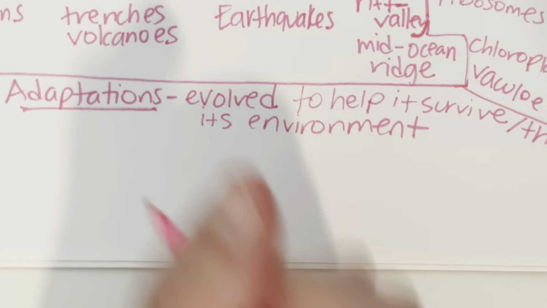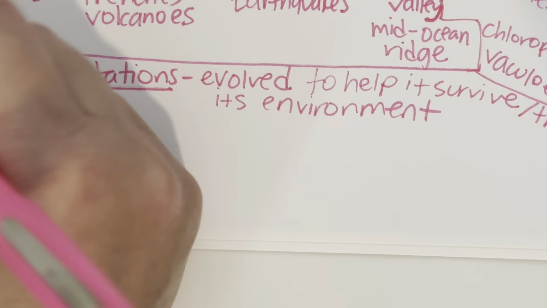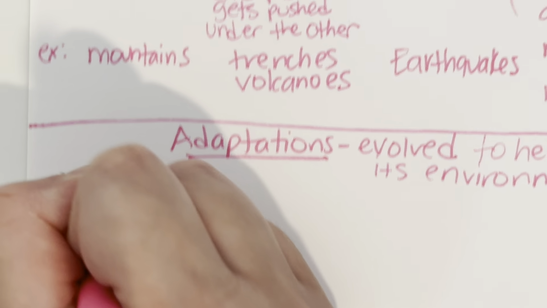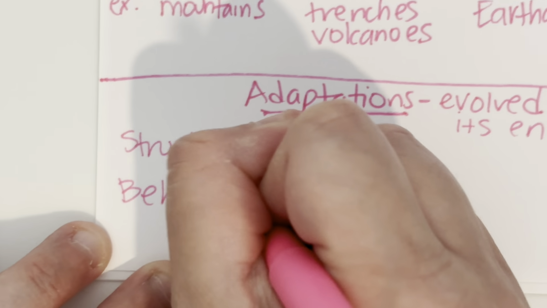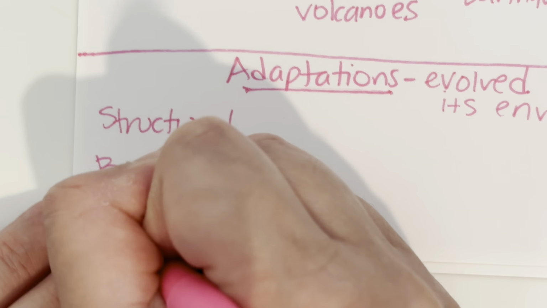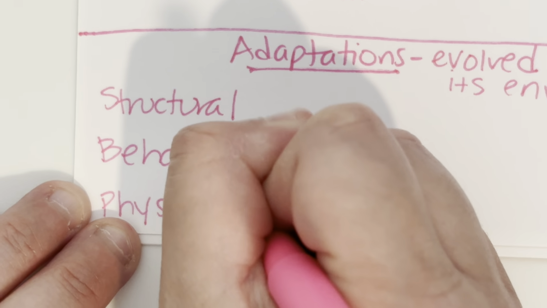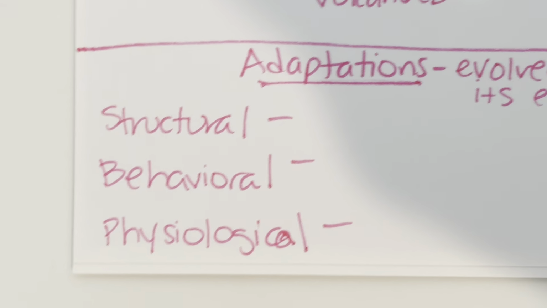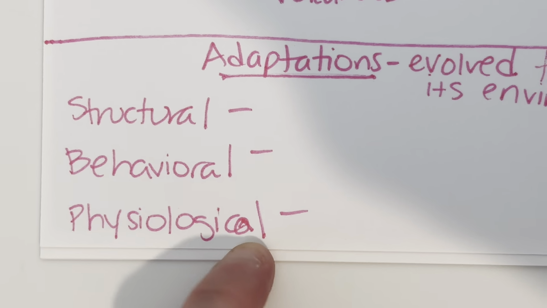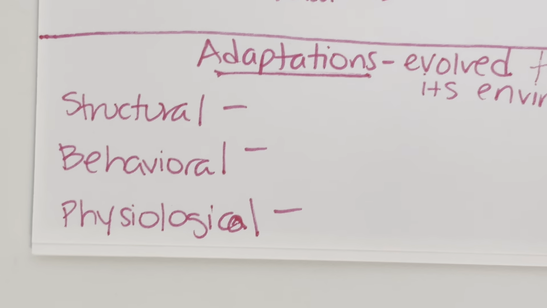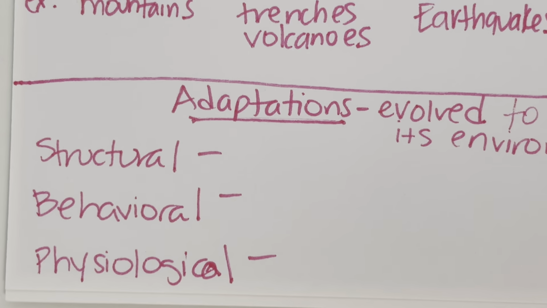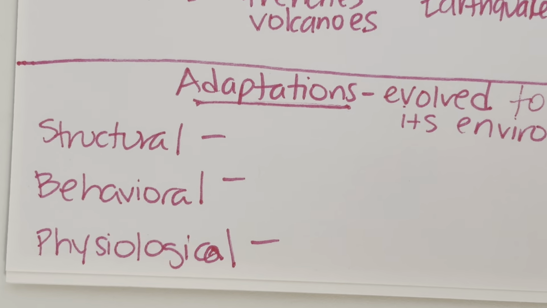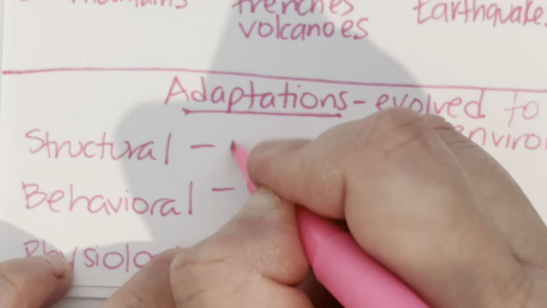So we have 3 adaptations. We have structural, behavioral, and physiological. Okay, that should be an A, physiological. So I'm just going to tell you in a nutshell what it is, give you some examples, and then we'll be done. So structural adaptation is a physical feature